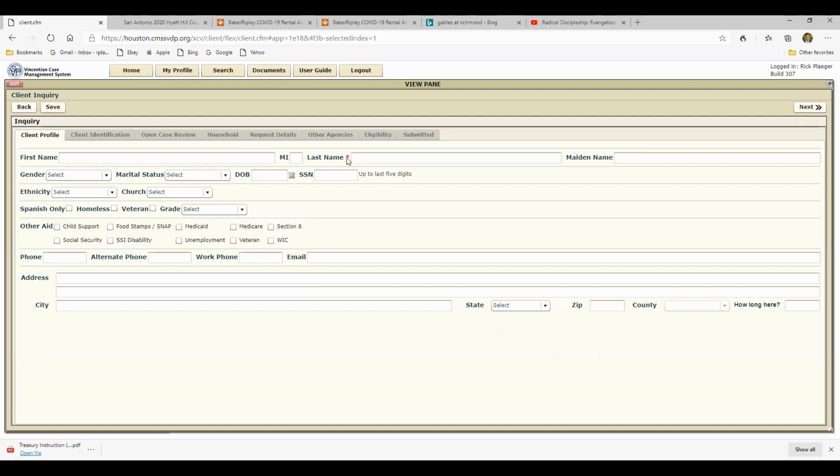What we do at St. Michael, we always have the first and last name and a telephone number and an address when we do the client profile. If we know it, we try to provide the gender, ethnicity, and marital status, because all of those end up being required fields later. So let's start off with entering the first and last name